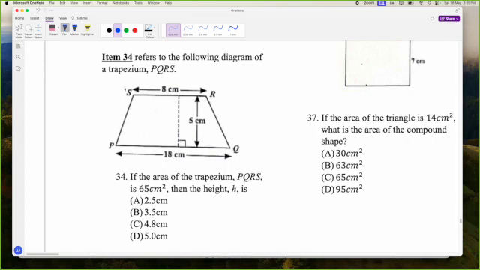Refer to the following diagram of a trapezium. The only thing I know about a trapezium is that the area of a trapezium is a half (A plus B) multiplied by the perpendicular height. That's the only thing I know. The area of the trapezium is 65. What is the height? Then the height H is